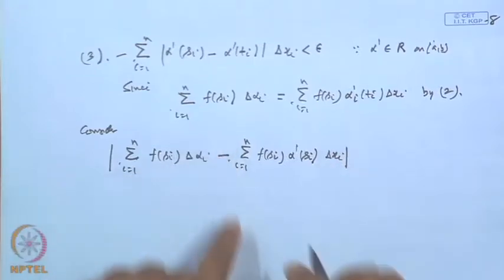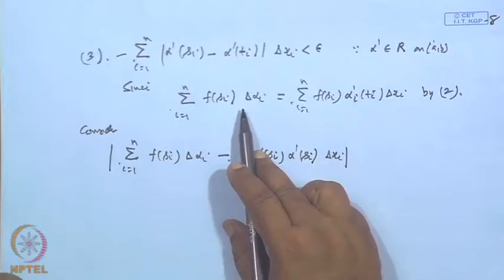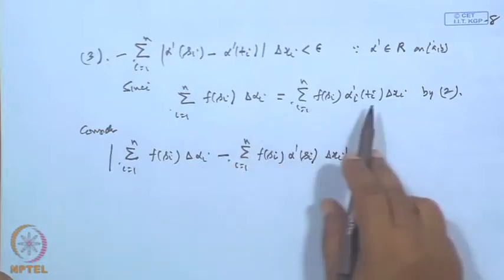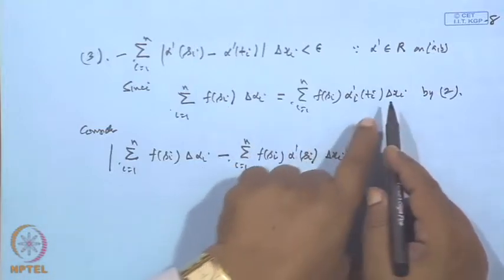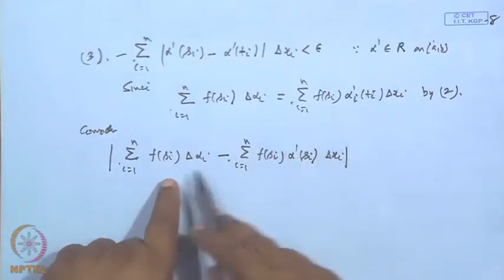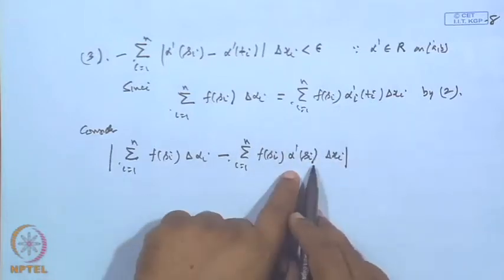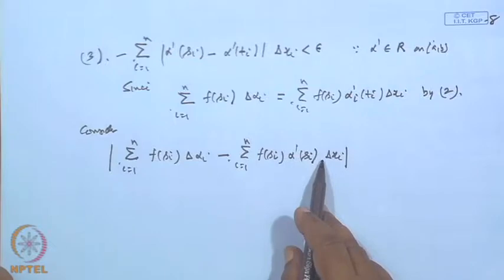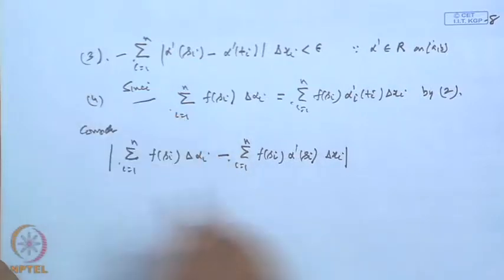Now, we have already shown this part, the sum of f delta alpha_i is this thing, so here is t_i. So, I subtract t_i and add t_i. Let it be 4. So, using 4,